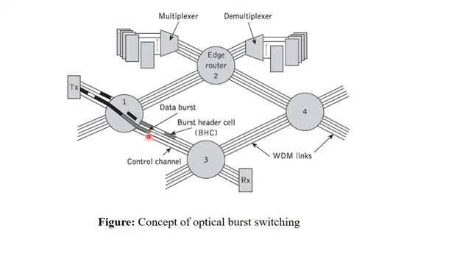Through any of the available idle channels, the data burst will be transmitted. At the destination, both of them will be received, the BHC through the control path, and the data burst from the optical path, and both will be identified. If it is required to be routed to some other node, it will be rerouted by changing this BHC, otherwise it will be passed towards the destination.